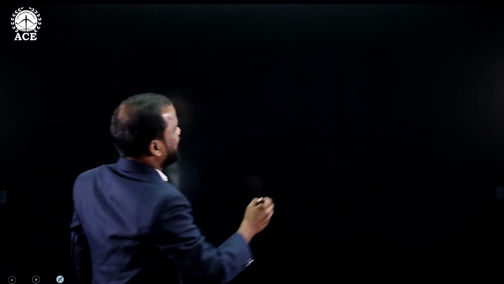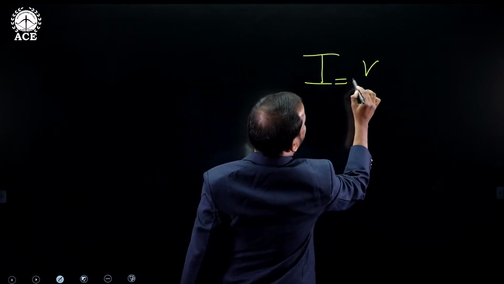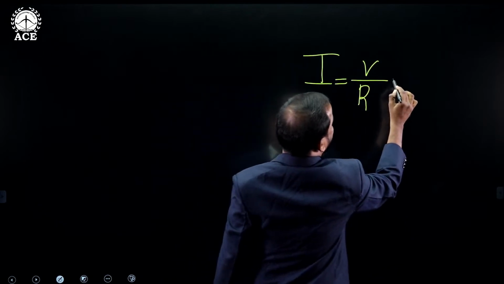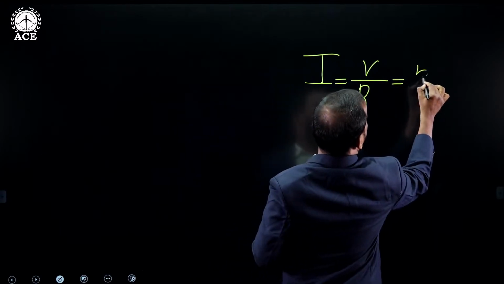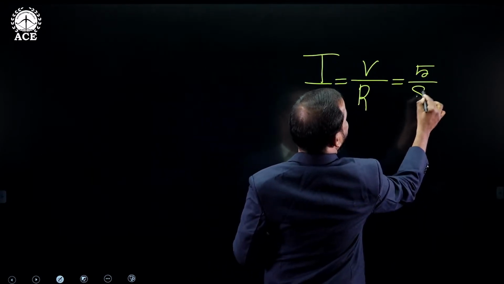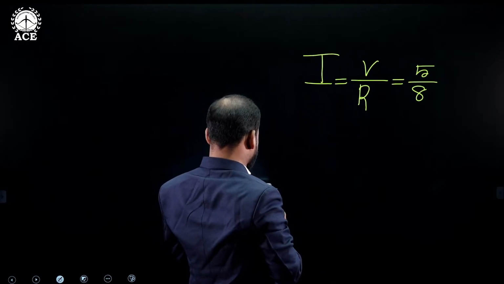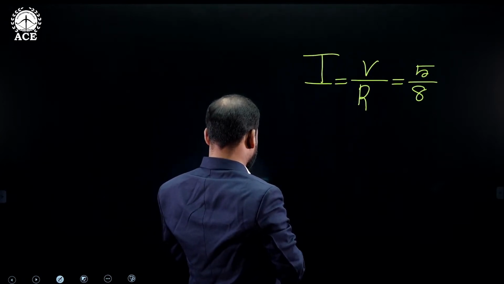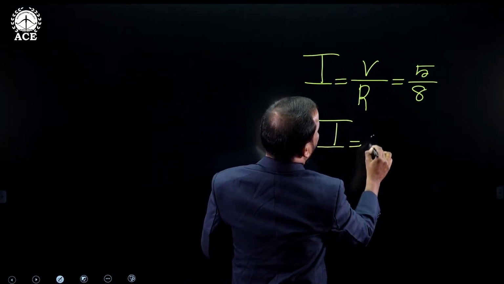So current I is equal to V divided by R, that is the applied voltage 5 divided by the resistance 8. 5 divided by 8 will give 0.625. So I is equal to